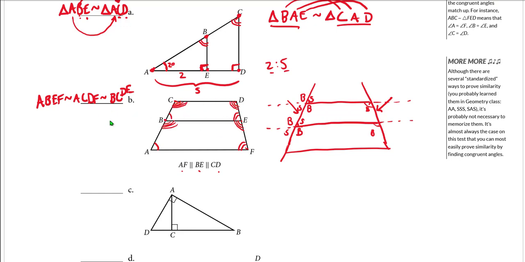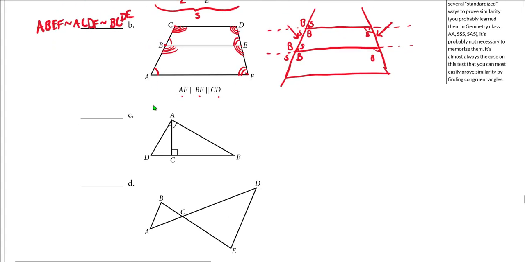They are all similar to each other because they have congruent corresponding angles, and therefore the side lengths will be proportional in this case. In example C, this is probably the toughest one of the bunch. For those of you that remember everything you learned in geometry and really enjoyed geometry and maybe got solid A's across the board in your geometry class, you may remember some theorems about a right triangle that is split into